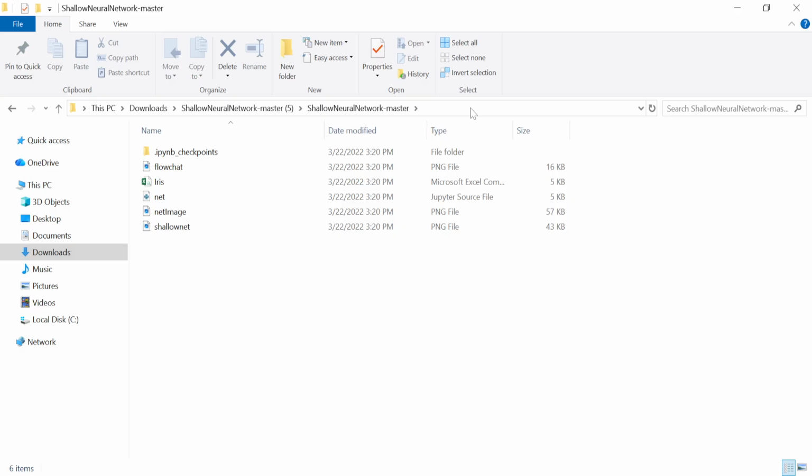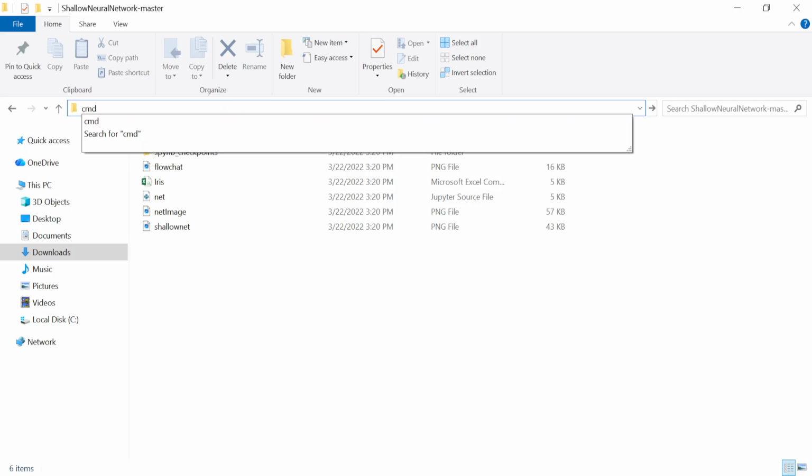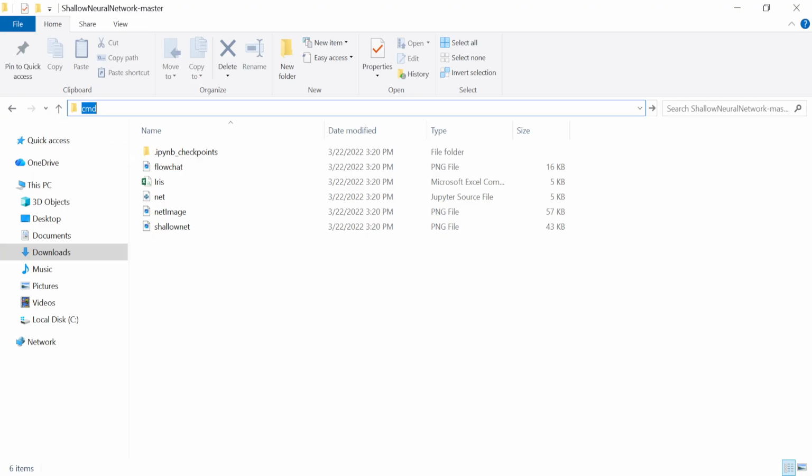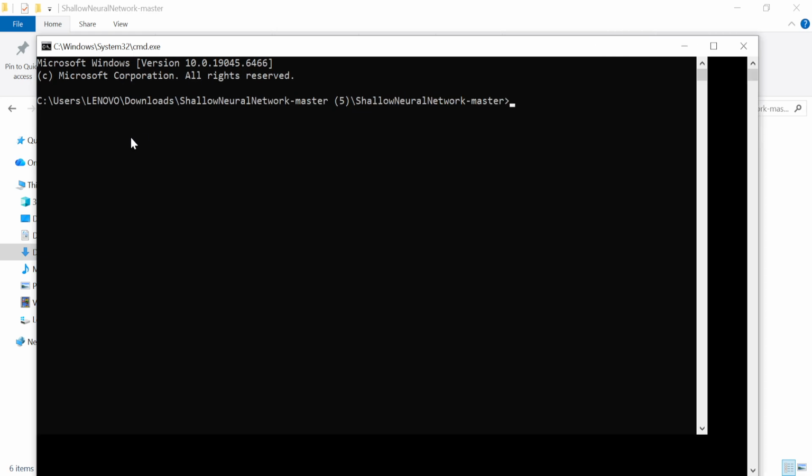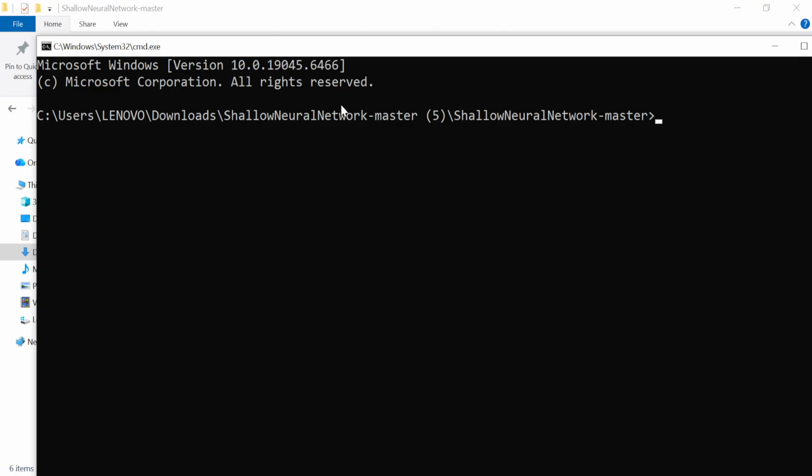Now, what I want you to do is to click inside of this URL link and then type in CMD. We just want to activate the command prompt window in this particular directory. So when I click on enter, you see that's exactly what we have over here. Now I want to launch Jupyter Notebook over here. So I'll type in Jupyter